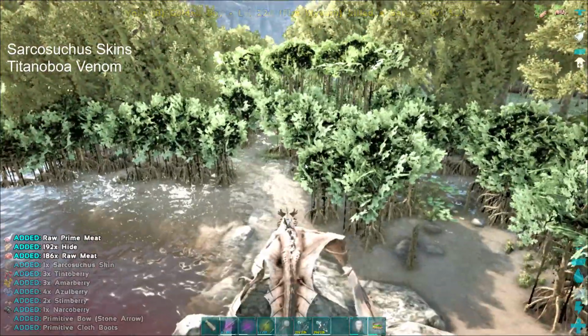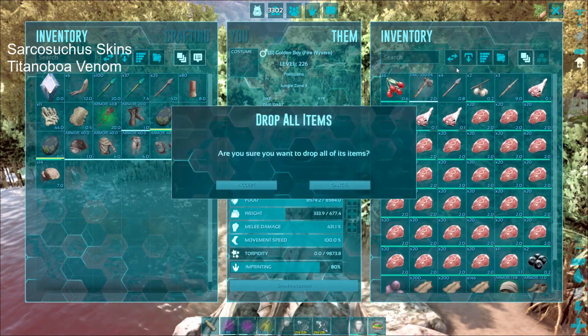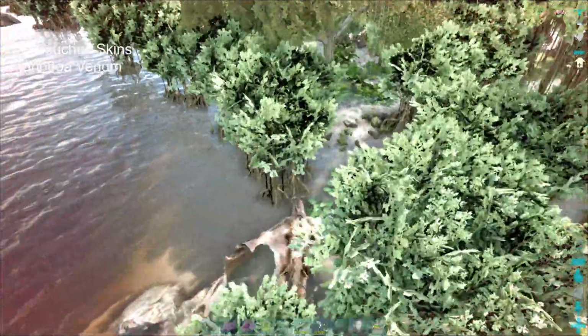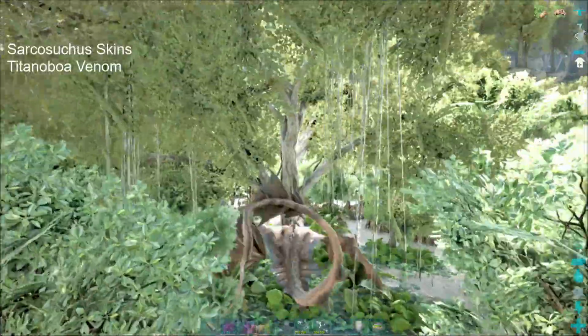And I'll just harvest a bunch of their bodies. Now, I'll take that skin. I don't really have any need for any of this stuff. Drop it all. Because otherwise, if he's more than half encumbered, whatever tame you're on, they won't automatically pick it up. And that's a pain in the butt. Now you can see